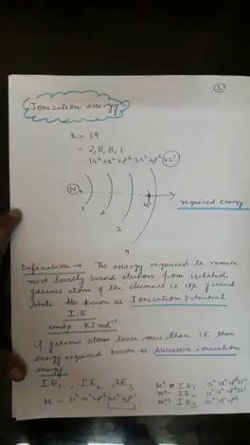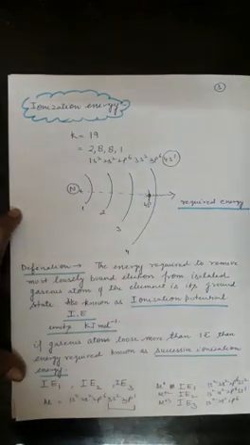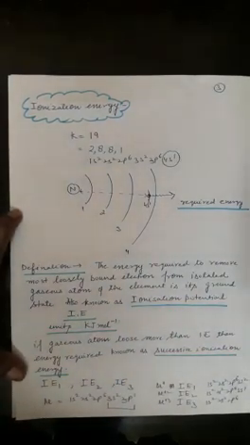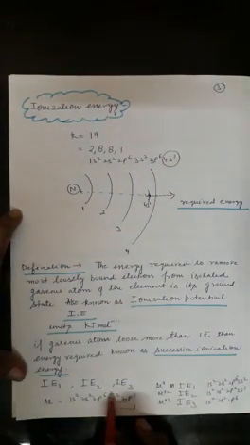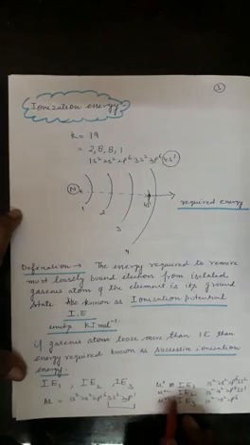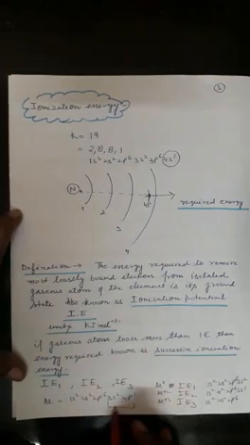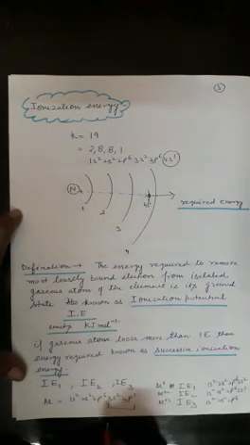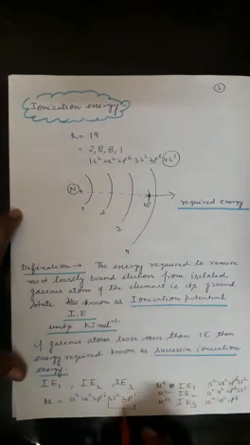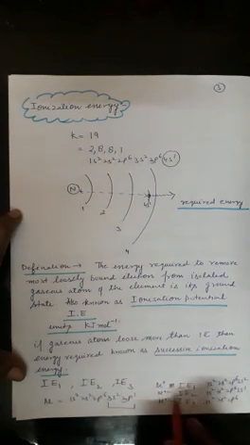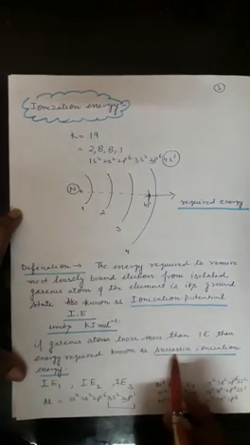There are a number of cases in which more than one electron has to be removed. For example, in the case of aluminium, 3 electrons are removed and it is in the +3 form. Students, please keep in mind, these 3 electrons are not removed at a single time. They are removed one by one. So there is ionization energy 1, ionization energy 2 and ionization energy 3, and these are called successive ionization energy or successive ionization enthalpy.